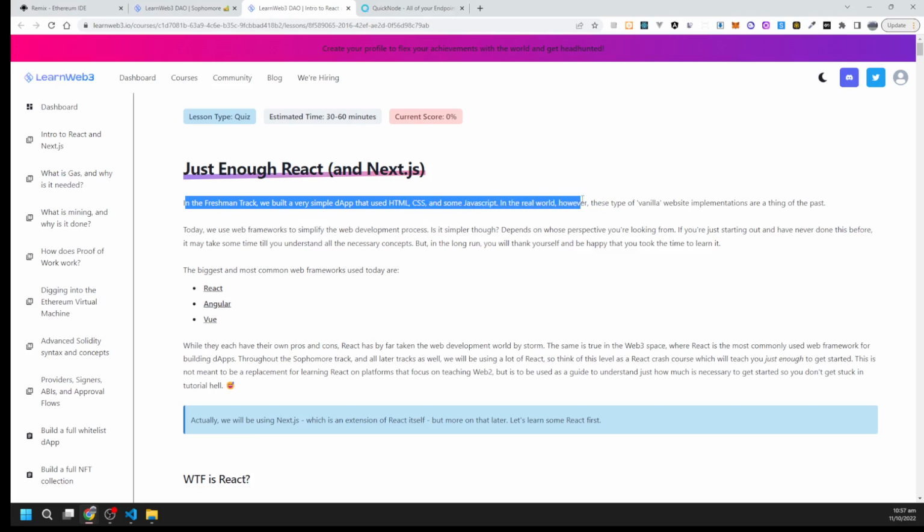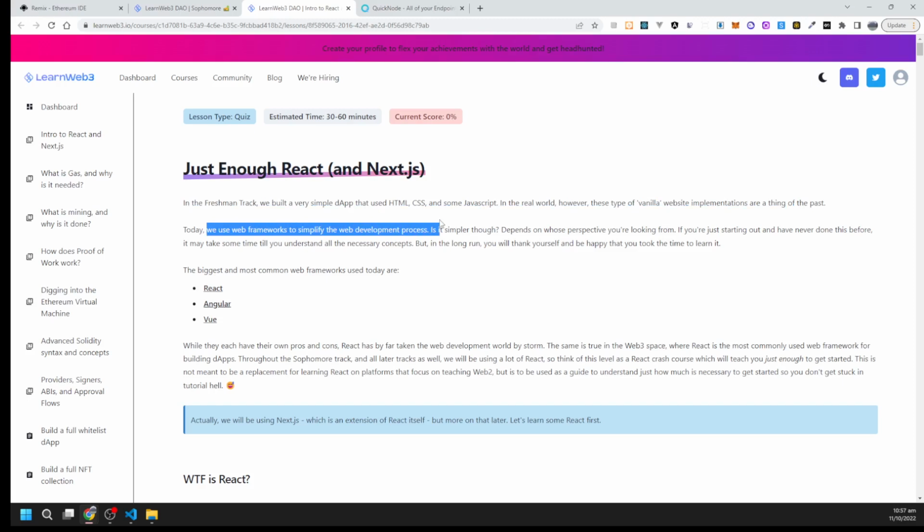In the real world, however, these types of vanilla website implementations are things of the past. Today we use a web framework to simplify the web development process. The simplest, though, depends on whose perspective you are looking from. If you are just starting out and have never done this before, it may take some time to understand all the necessary concepts. But in the long run, you will thank yourself and be happy that you took the time